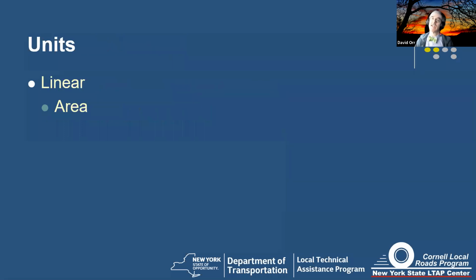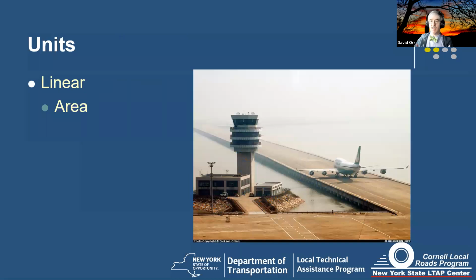Now, at the end of the day, we're trying to calculate cost per unit. Cost per unit can be linear, or it could be an area activity, and that depends on the kind of work that we're doing. So if we're working on a roadway, some might say that's a linear activity, much like a taxiway in this case is a linear activity. But actually, most road work itself is area based. Why is most road work area based? Linear activities are more like ditches or guide rail or pavement markings. Why is most road work actually area based? Again, in the Q&A pod.